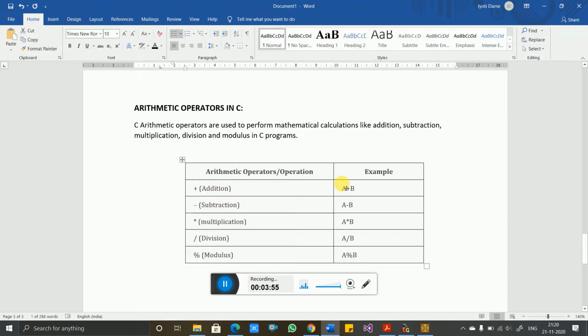Addition means addition of two numbers or two variables. Subtraction of two numbers. Multiplication of two numbers. Now here you will see two operators, the division operator and the modulus operator. In both of these operators the mechanism is division, and as we know, when